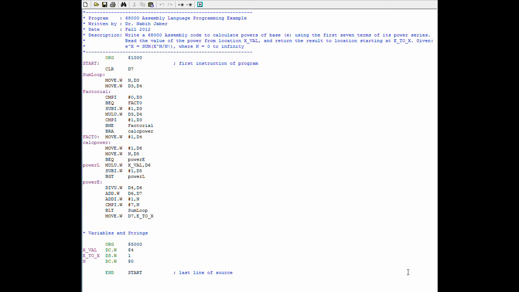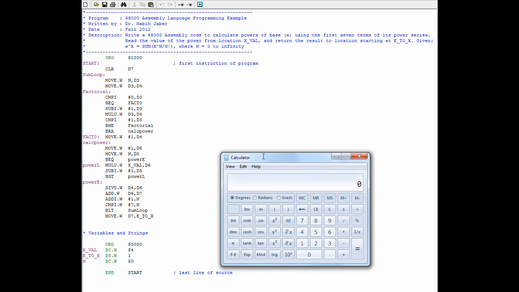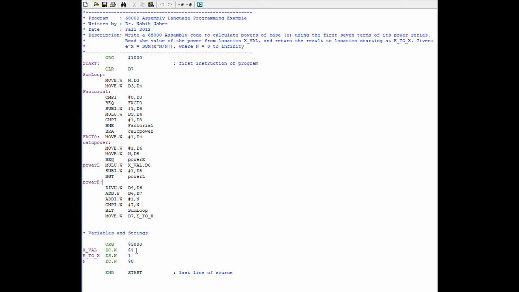Actually, before I dismiss this tutorial, I think it's a good idea to run this program and see if it actually runs correctly, and to see if the answer is right. Now, obviously, mathematically, if we're testing it with x is 4, like I said earlier, we couldn't have used more than